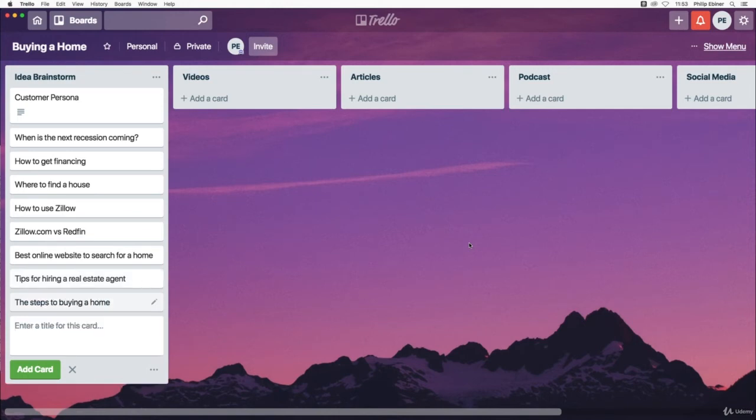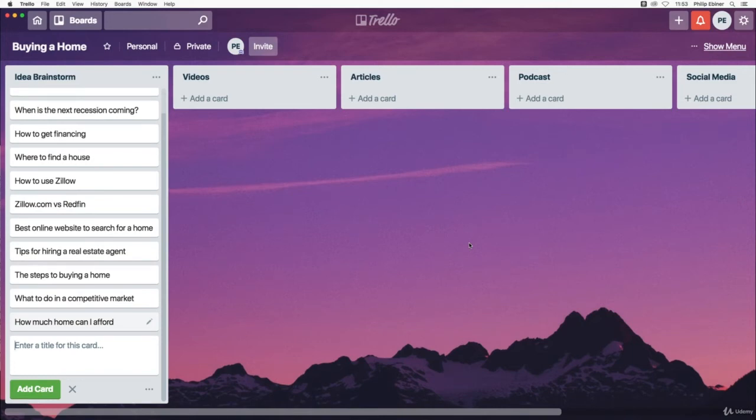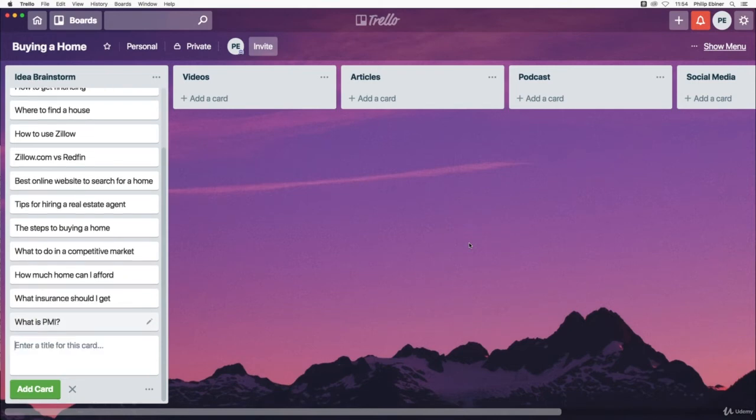How about what to do in a competitive market? How about how much home can I afford? And then there's so many details with it, like, let's see, what insurance should I get? What is PMI, which is the mortgage insurance? So as you can see, I can keep listing out all of the ideas that I have